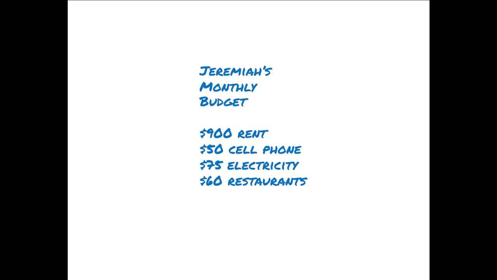your budget. For example, let's say at the beginning of this year, I made a personal budget plan because I was spending way too much on fast food every week, and money was tight. Here's an example of just some items on my budget plan for spending every month. $900 on rent, $50 on my cell phone, $75 on electricity, and $60 is what I'm trying to keep my